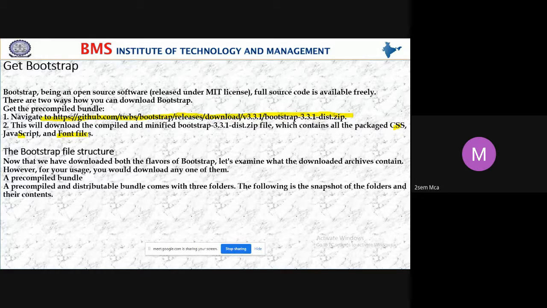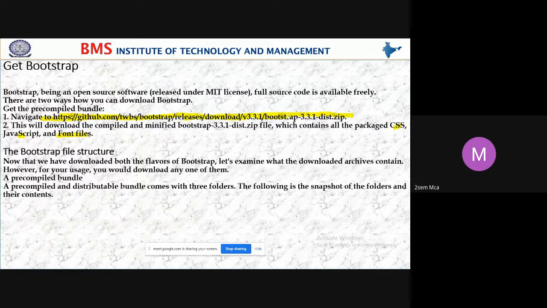I repeat, Bootstrap is open source software and the complete code is freely available. There are two ways to download it, and the path I have given here is one of them.